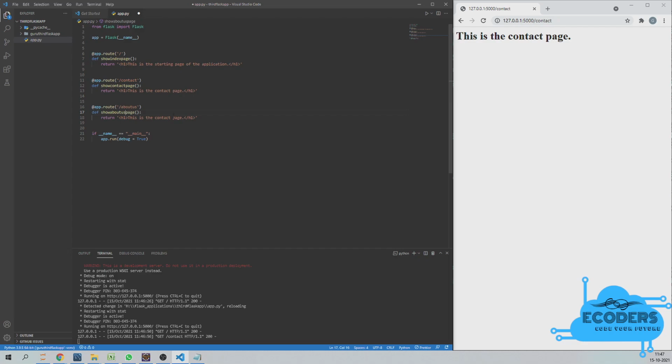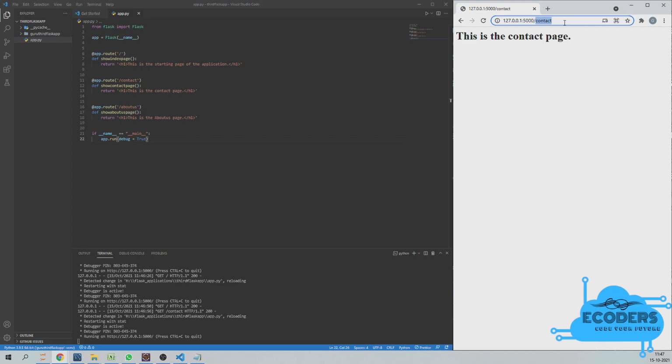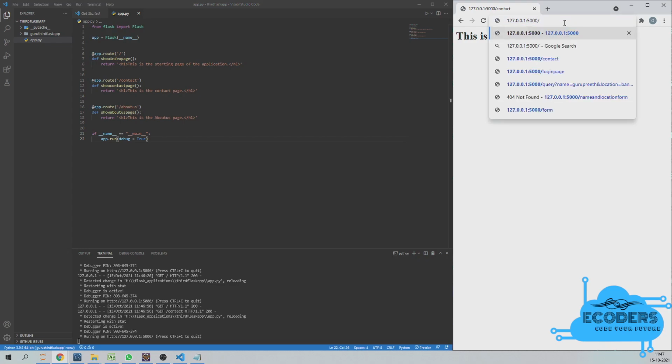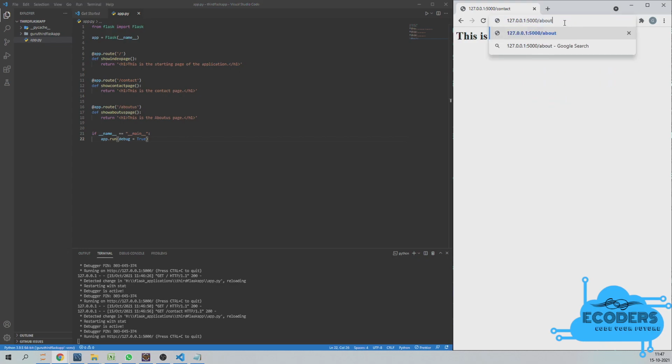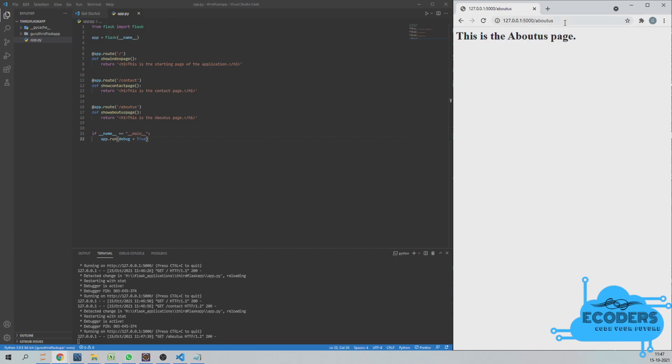And here I'm going to mention: this is the about us page. Let's save it. And now to go to the about us page, just remove contact from there and type the URL about us, hit enter, and it is going to take you to the about us page. So this is how you set up a Flask application and create multiple pages inside your app.